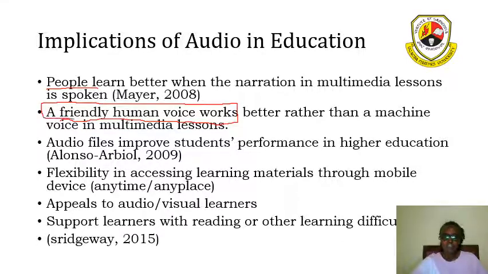So as educators, as teachers, as lecturers, this is a method we can use, supported by ICT, to enhance our teaching and learning processes. Bear in mind that we don't use these technologies in isolation. We mix and match them here and there. But they are a really good opportunity to enhance teaching and learning.